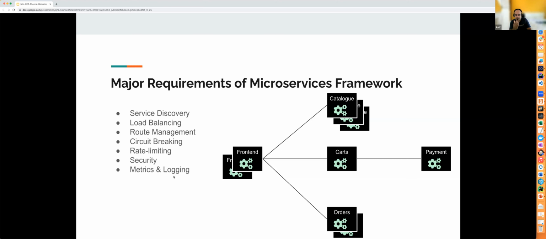So the first thing is, say front end wants to connect to catalog, right? And say the catalog is running on some other server, and it's probably not on the same machine. So if front end wants to connect to catalog, front end needs to know where the catalog is running, what is the IP and port of the catalog, right? And wherever the catalog was running, if that goes down and somewhere else the catalog comes up, front end should get an update saying that okay, this instance of catalog is down and the new instance is up, and that's the IP and port. So this is the service discovery.